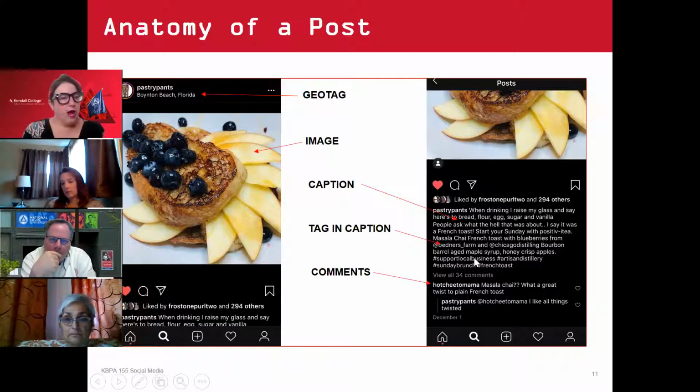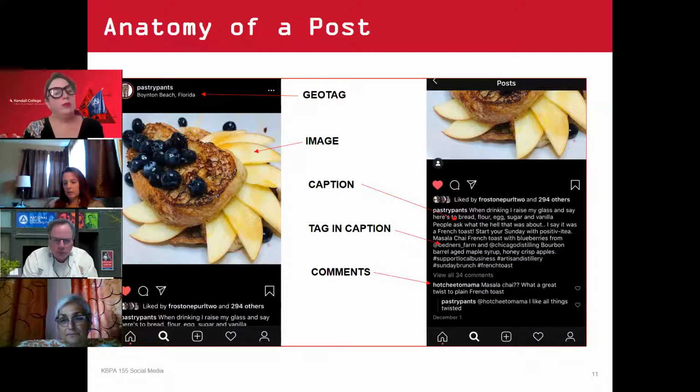The caption is your opportunity to actually say something about that image. Now, some people will put up their image, they'll have this French toast, they'll say, French toast with apples and blueberries. That's it. Yeah, I can see that's French toast with apples and blueberries. I'm on this because I'm a visual person. I can see that. I didn't learn anything. I wasn't entertained. I don't really have anything to say to you when you're telling me what it is. I see what it is.